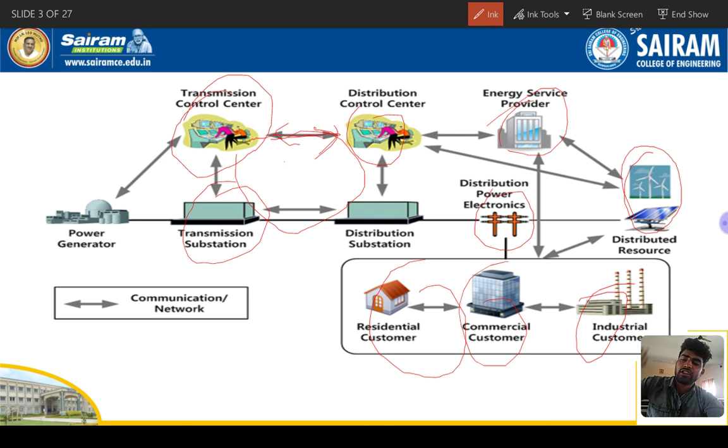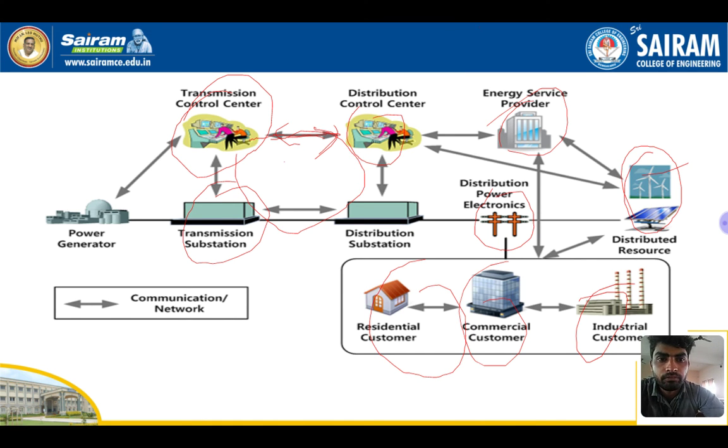The power they were generating in the thermal power plant, hydel power plant or nuclear power plant, they used to call the transmission control center and communicate in one way. But at present everything is smart and everything is two-way communication. Without needing to know the person operating in the transmission control center or distribution control center, the power generating station person can know how much power supply is required and how much is being transferred from the generating stations. That will be monitored in this picture, right.